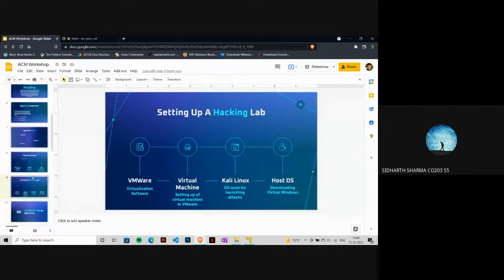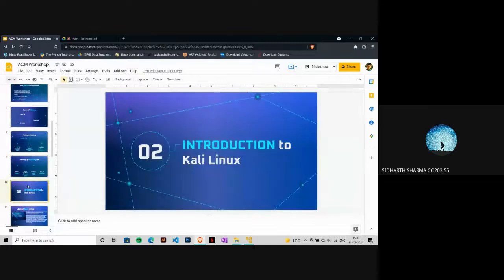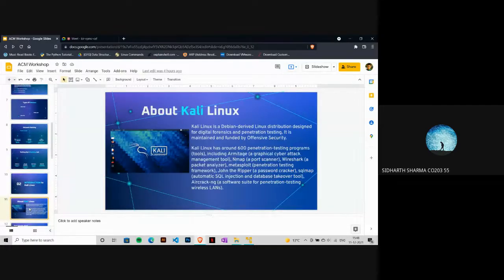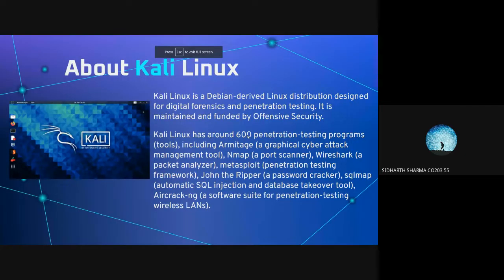And now we head forward. Now, an introduction to the Kali Linux system. What Kali Linux actually is. Kali Linux is a Linux system, a Debian-derived Linux distribution. It was designed by a company called Offensive Security. It has around 600 penetration testing programs, specially designed to launch network attacks or any sort of cybersecurity attacks. You can see the names of tools like John the Ripper, Metasploit, Nmap, Wireshark. I'm going to show you